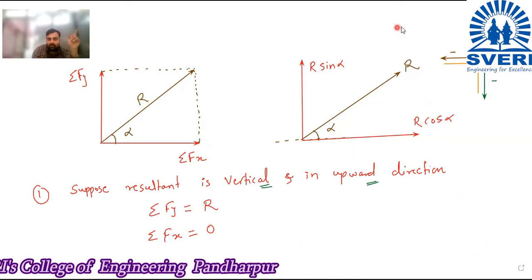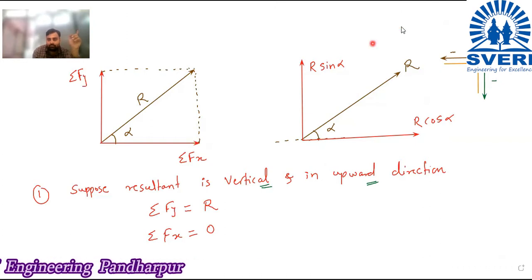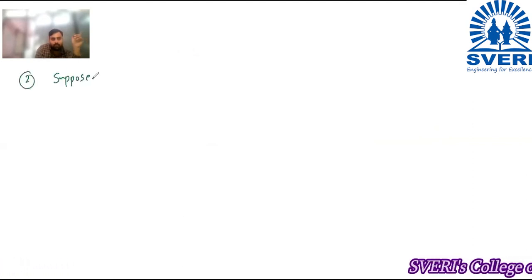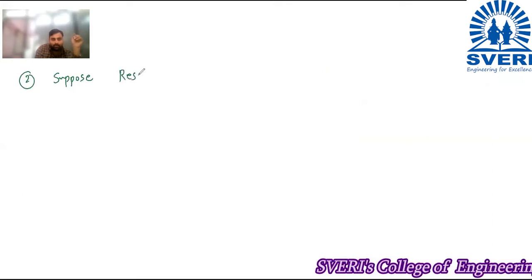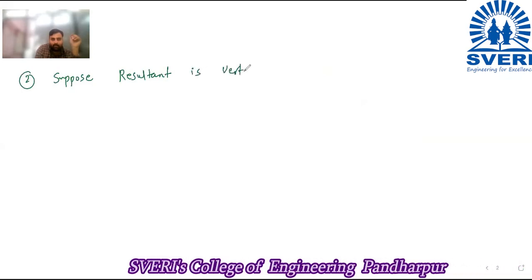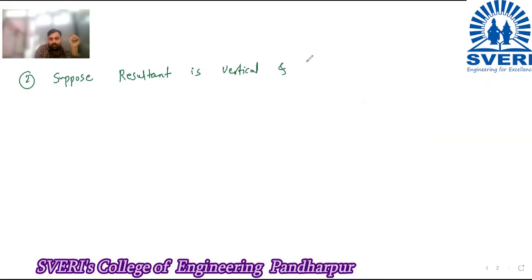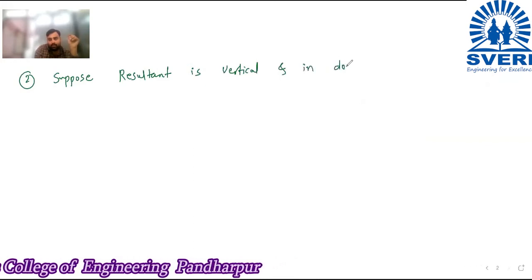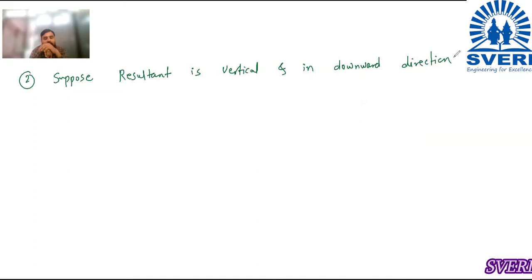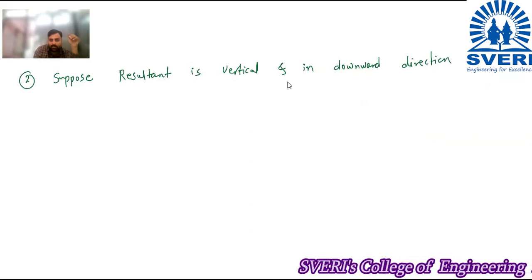Now the second thing is, suppose now the resultant is vertical and in downward direction. Now you tell me what will be the equation. If the resultant is vertical and in downward direction, if I draw the diagram for your understanding, see, suppose this